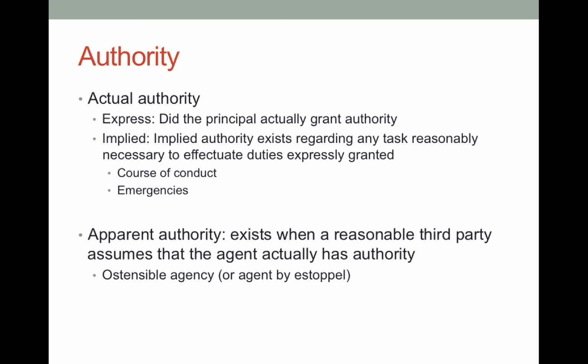However, did she have apparent authority? Maybe. The test for apparent authority is, would a reasonable third person believe that the agent actually had authority? If you were a customer and you called up the authorized agent for the insurance company and asked for increased coverage, would you assume that the agent had authority to do that? The answer is probably going to be yes. This is a pretty routine matter. So, is First Insurance Company liable for this contract? The answer is yes. Laura was their agent who had apparent authority to bind the principal.